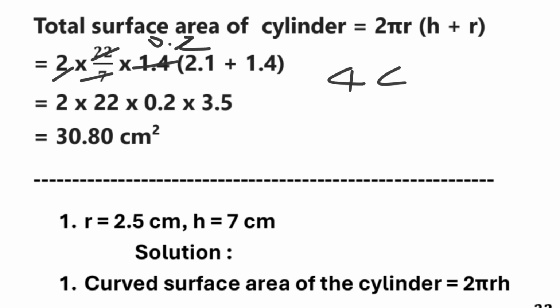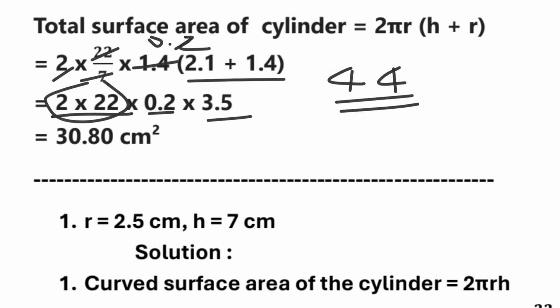You can write directly 44 here, no problem at all. Then here 0.2 after division, and bracket 3.5. Did you get this? Then 2 into 22 into 0.2 into 3.5, or instead of this you can write directly 44. Okay. Now the product of all these means 44